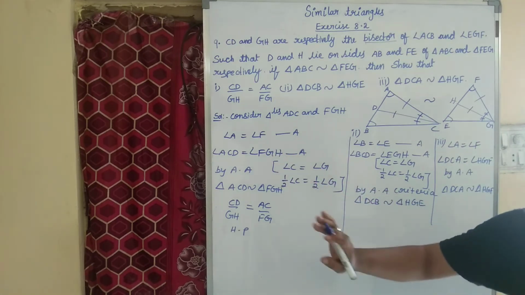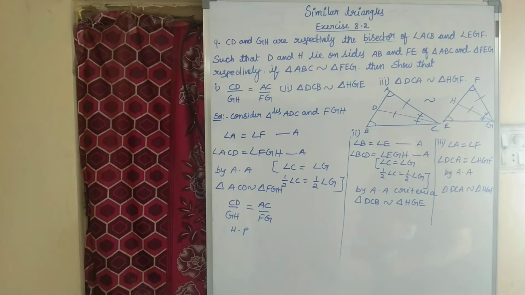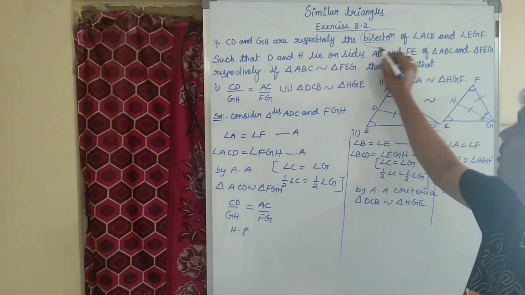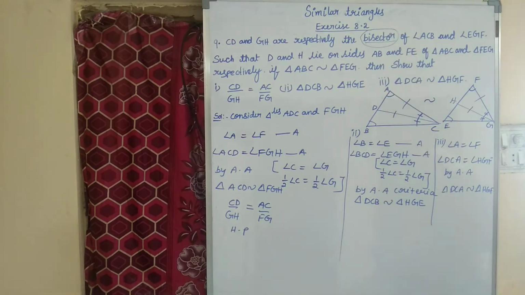First one, second one, third one, all are the same. The only difference is the angle order. It depends upon the angle bisector only. This word is important to this problem. Bisector means it divides the given angle into two equal parts. Based on that only, we proved each and every pair of triangles are similar. Okay, children.